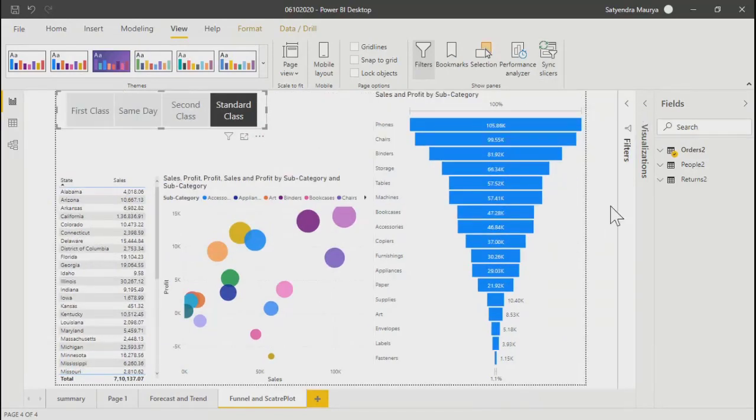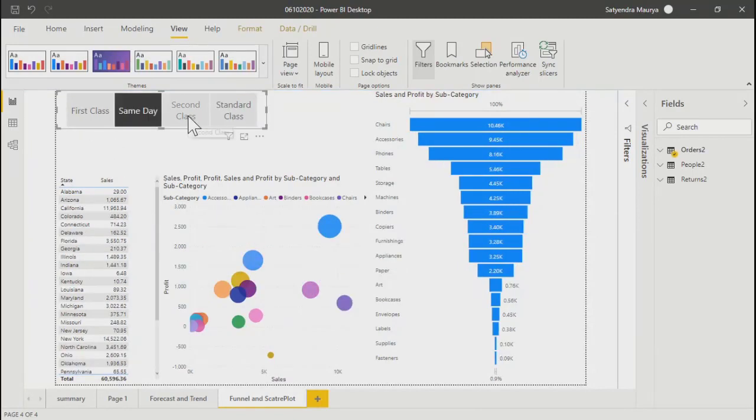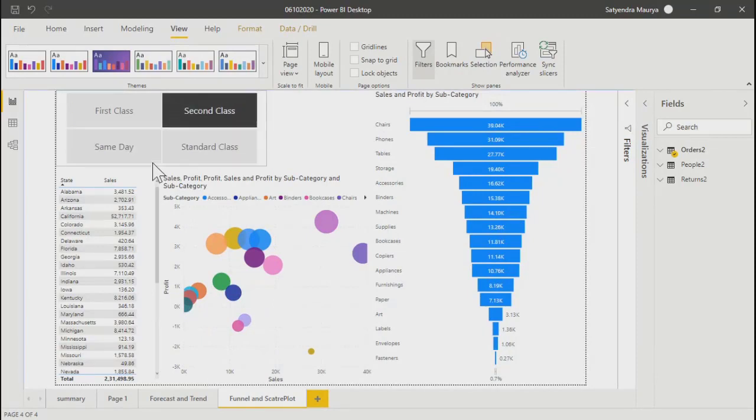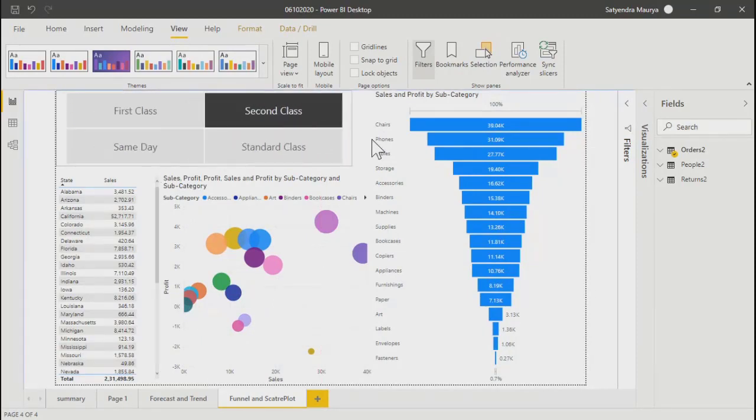Apart from this, slicers will be controllable using DAX also. Let's say you selected 2 values. In DAX, you will be able to read how many values you have selected, and accordingly you can maintain your conditions also. That is what we will cover once we look into DAX, and we can talk about that there. Any questions as of now on slicer and filters?